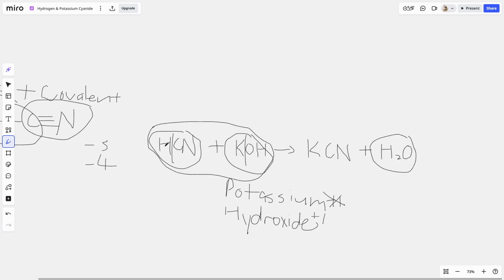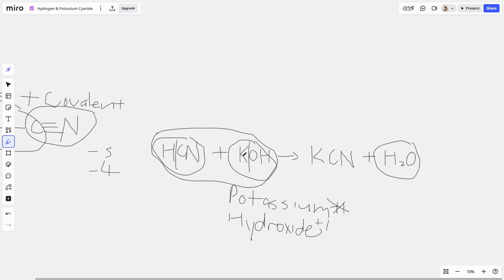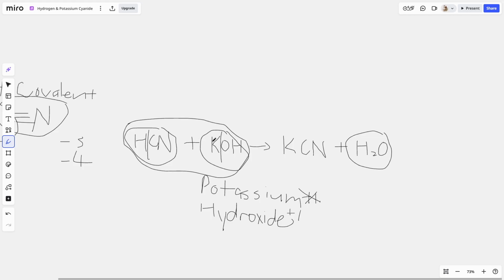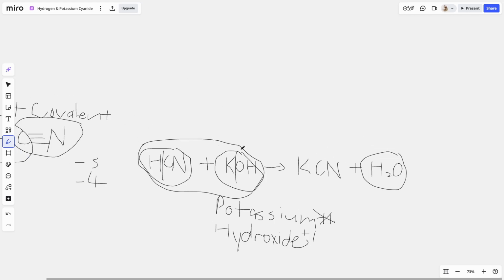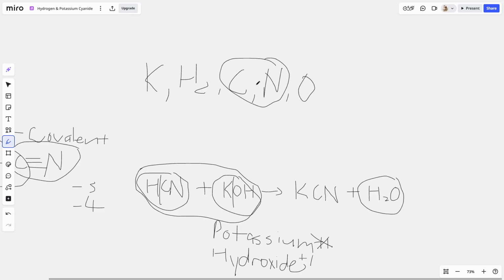And then once these are broken apart, hydrogen and potassium here will become radicals, which means that they will want to react with literally anything in order to stop being radicals. So this is where we also use stoichiometry to understand this better. In stoichiometry, we first have to look at the number of atoms here. So we have a potassium, two hydrogen, a carbon, a nitrogen, and an oxygen. These two here were basically just cyanide, and you'll notice here that H2O is perfect